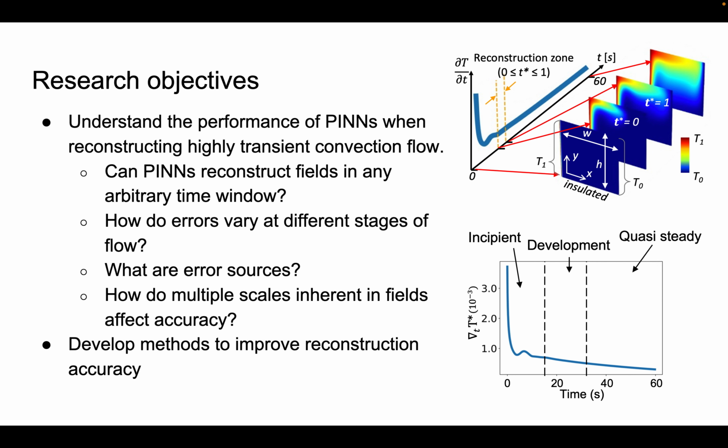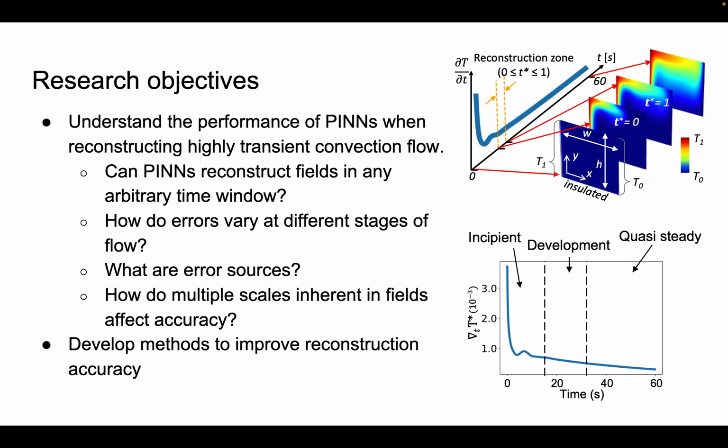So the figure on the top right here shows this delta T with respect to time, so the temperature change with respect to time. And then here we see that we can set a reconstruction zone to be kind of arbitrary wherever we want. So we want to see, okay, if I place it closer to the initial conditions, or if I place it in the tail layer close to 60 seconds, what kind of behavior, what kind of errors can we expect from